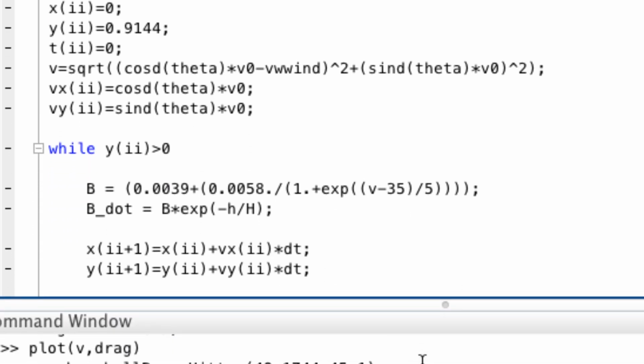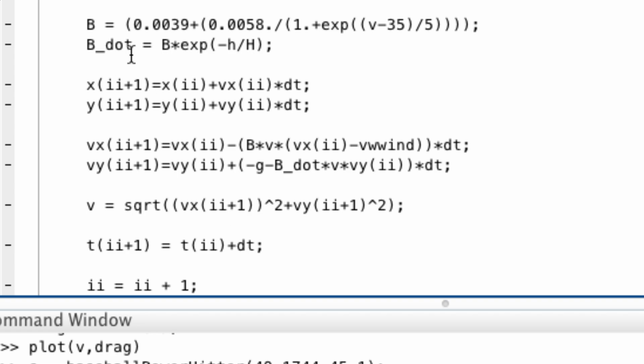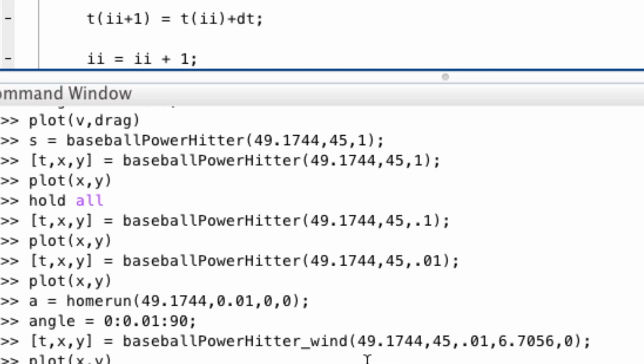Then you get into your while loop, and I have this b dot variable. And b dot is just b prime. It's your regular coefficient times the exponential of height or elevation over h. And then in your velocity, your position is unaffected because it relies on velocity. You can say instead of b times v times vyi, you can go b dot times v times vyi. And that is literally the only change. You'll have to change one line of code and put like 4 extra characters. And then when we run that,